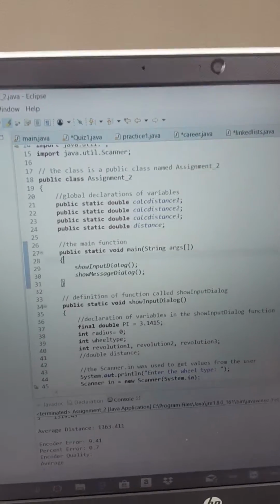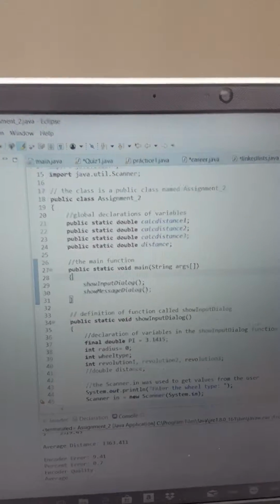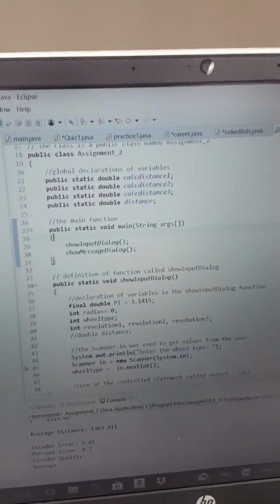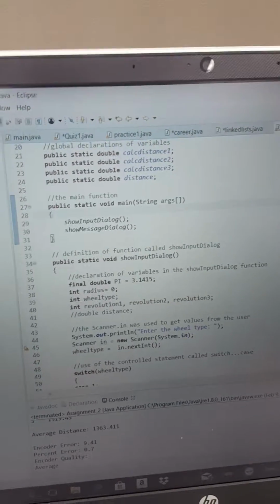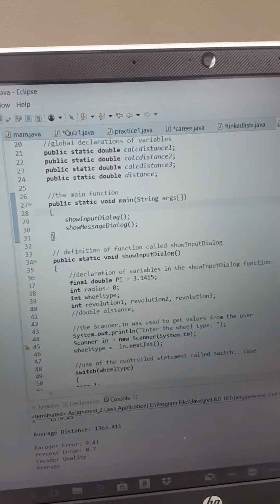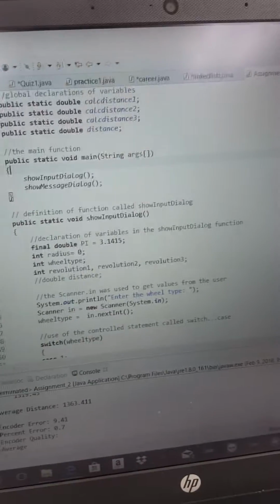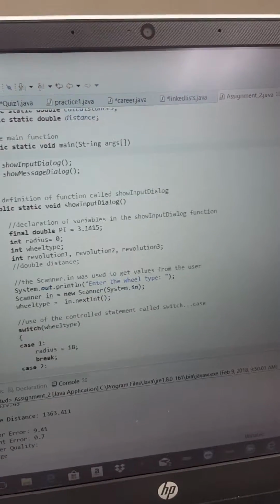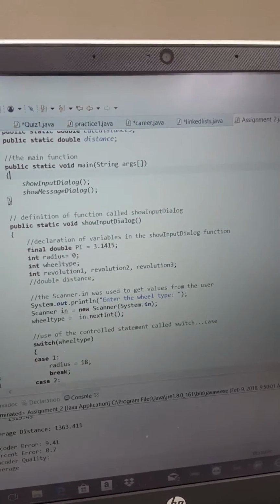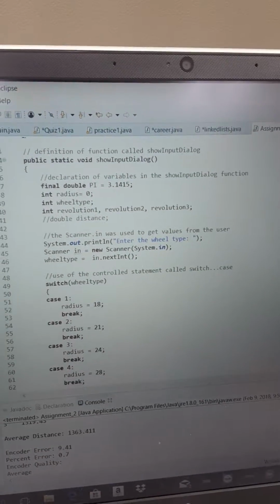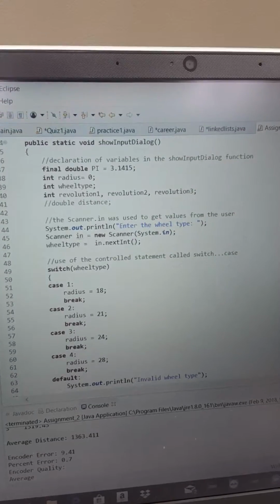Then I declare my variables calc distance 1, calc distance 2, calc distance. Then in my main function I have my functions that I'm going to allude to in other parts of the assignment. In the show input dialog function, I declared my variables. Then I use the scanner to enter